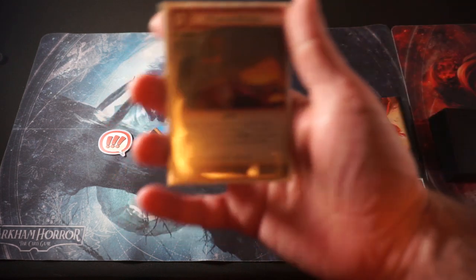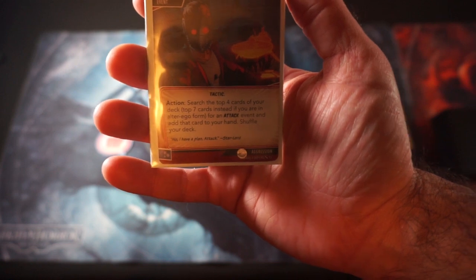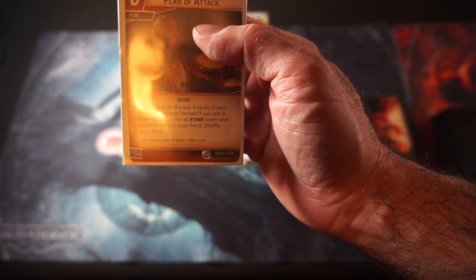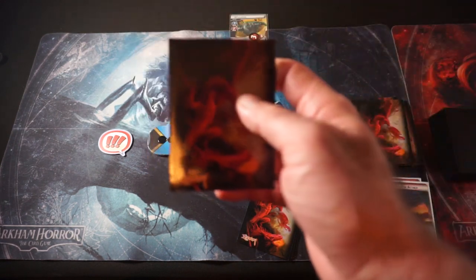Then I'm going to play Plan of Attack. It's a tactic. As an action, I can search the top 4 cards of my deck, 7 instead if I'm an alter ego, for an attack event and add it to my hand, then shuffle. Seems pretty simple. So we'll get our 1, 2, 3, 4 cards that we get to look at. First up,